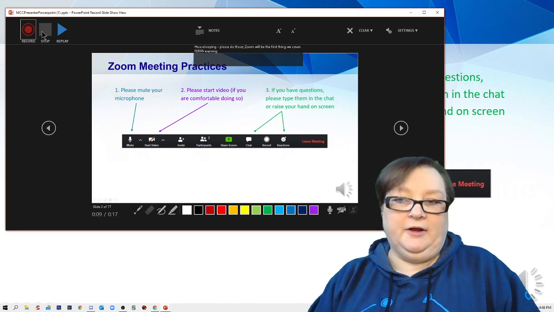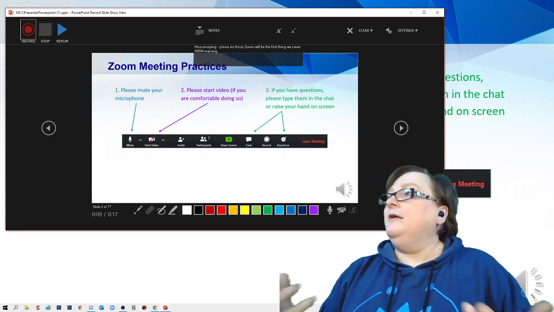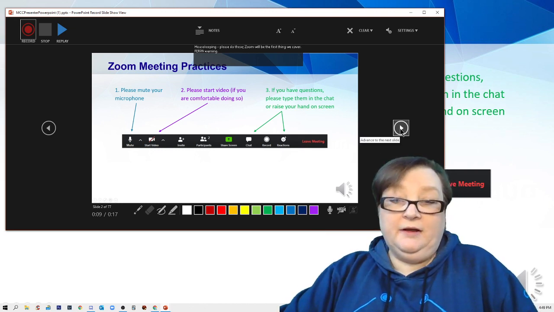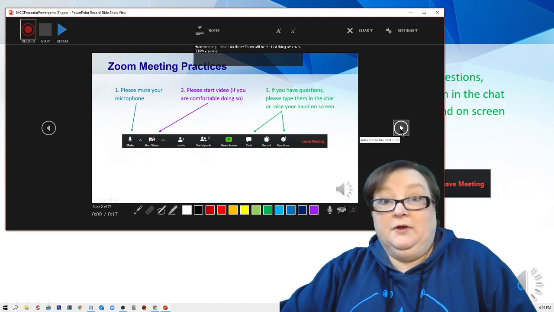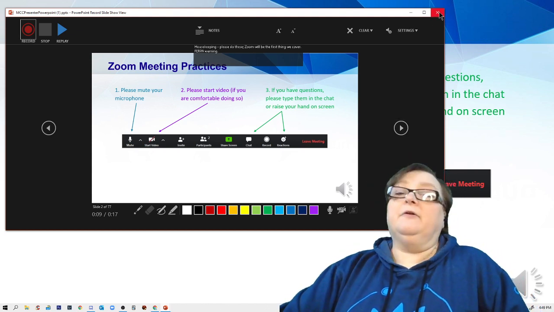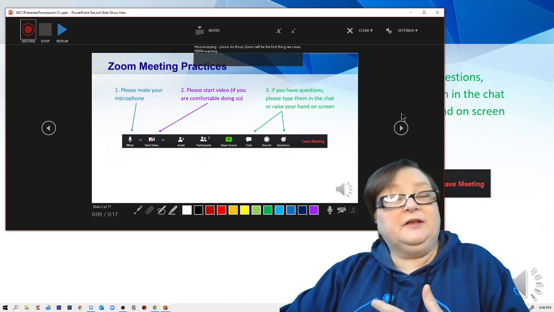And now I've recorded audio for the second slide. And that's how to record audio for each of your slides. You go through, you don't have to have audio on every single slide. If there's a slide that you don't want to read out loud, you don't have to. That's okay. Just don't record any audio for it. Skip over to the next one.